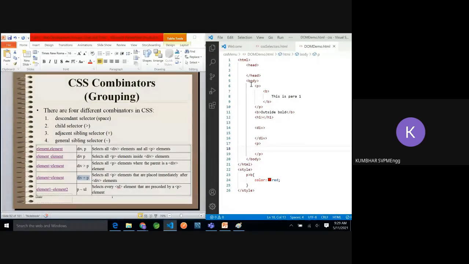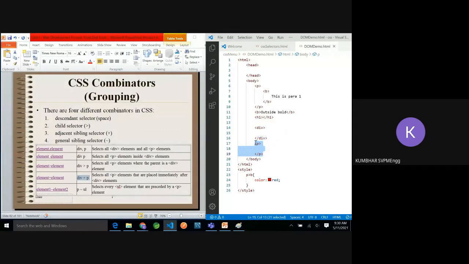Now this body has five elements: one is P, second is bold, third is H1, fourth is div, and fifth is paragraph. But you can say that div is followed by P. So this is an adjacent sibling.